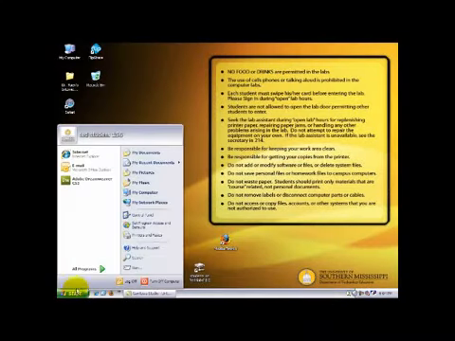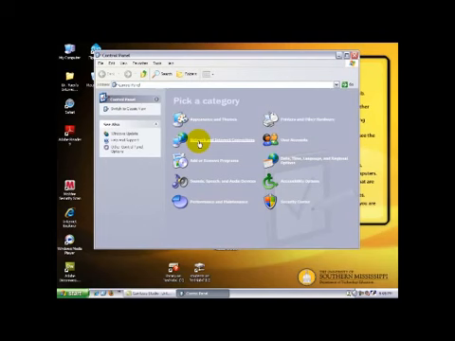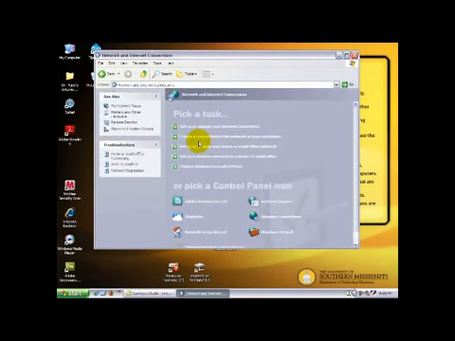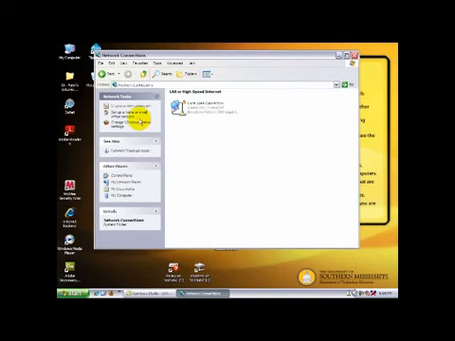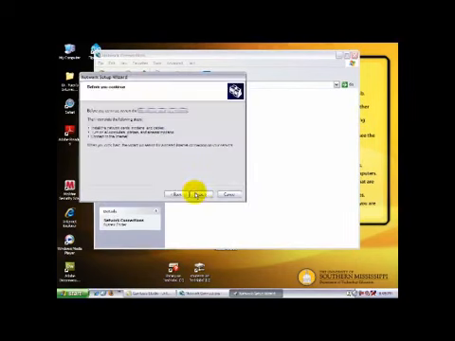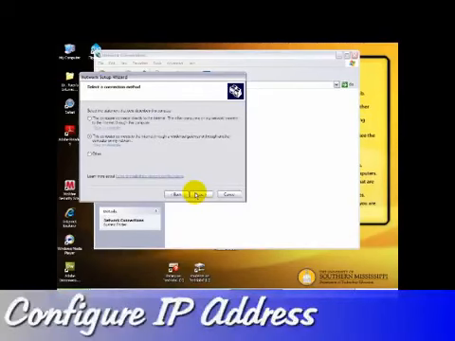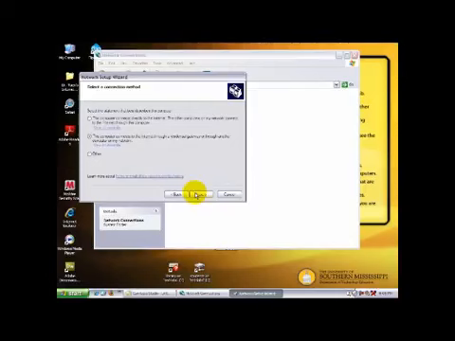First, click the Start button and select Control Panel. Then choose Network and Internet Connections and Network Connections. You'll choose Set up a home or small office network. That will bring you to the Network Setup Wizard. Click Next to proceed. You can choose the computer connects to the internet through a residential gateway or through another computer in the network. You click on that